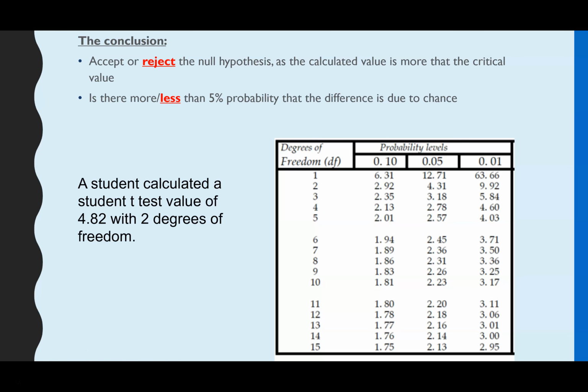That is too high a probability that it's just coincidence, that it's just chance. So we always use p equals 0.05 as our cutoff to decide if a difference is significant or not. And our calculated value of 4.82 does exceed the critical value of 4.31. So we've exceeded that threshold, that means we can reject the null hypothesis, and therefore there is a significant difference between the two